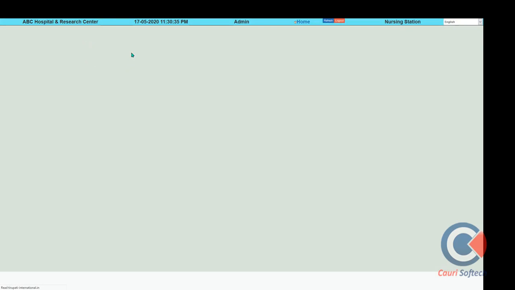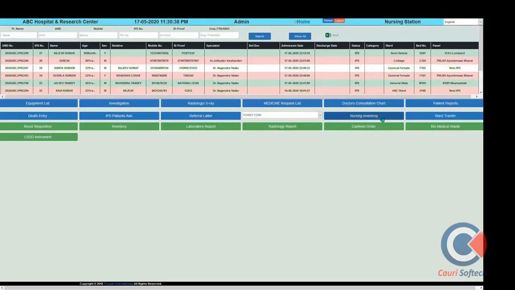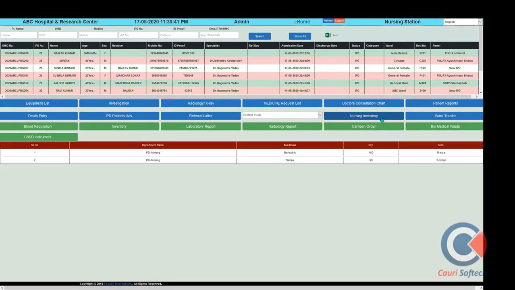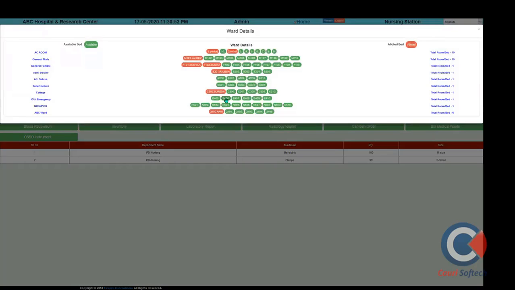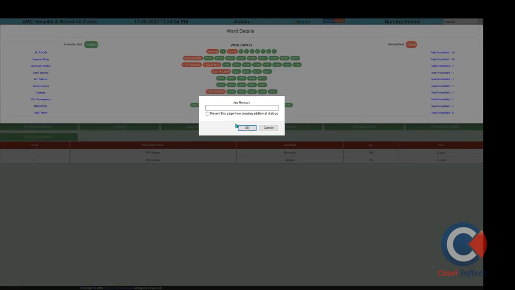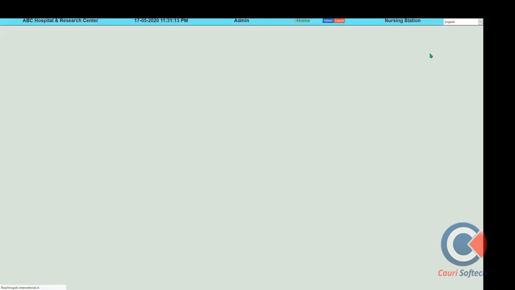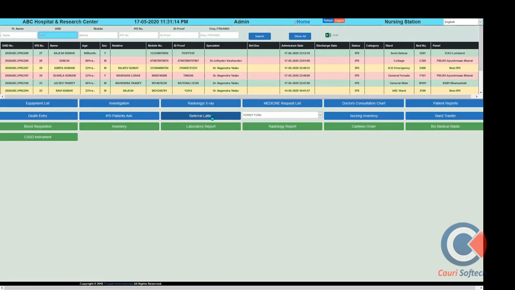So this is the method we can use for the nursing station system of a patient's complete management through the IPD system. In nursing inventory, you can access the available quantity of the different equipment. If we want to transfer a patient from one ward to another ward, the nurses can transfer the patient to a different ward as per the instruction of the doctor or the attendant's advice. In this way, putting in the remark, the nurse can transfer the patient from one ward to another. So this ward bed transfer system is also available for the IPD section.